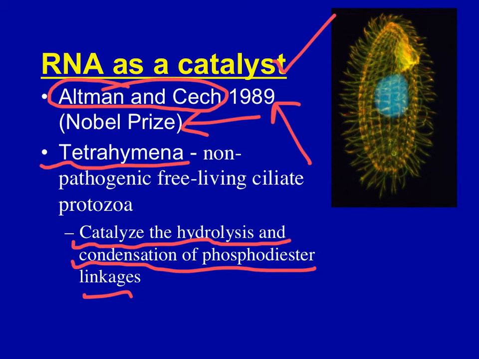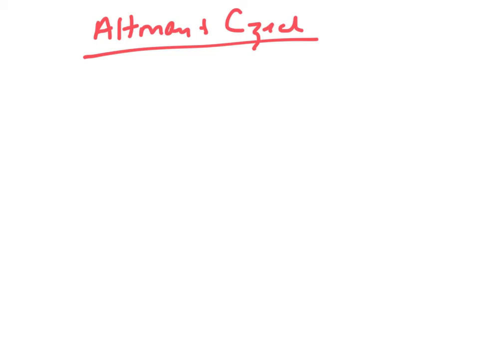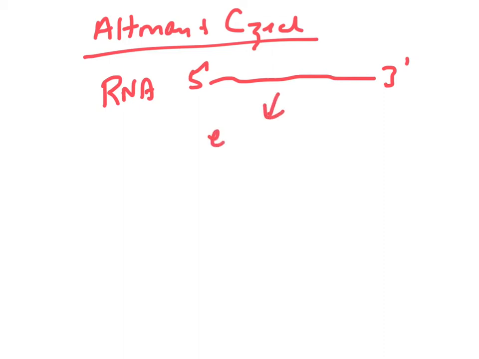What it means is that Altman and Cech were able to demonstrate that RNA, and they could take a sequence of RNA, and who knows how long it needs to be, and use it as an enzyme